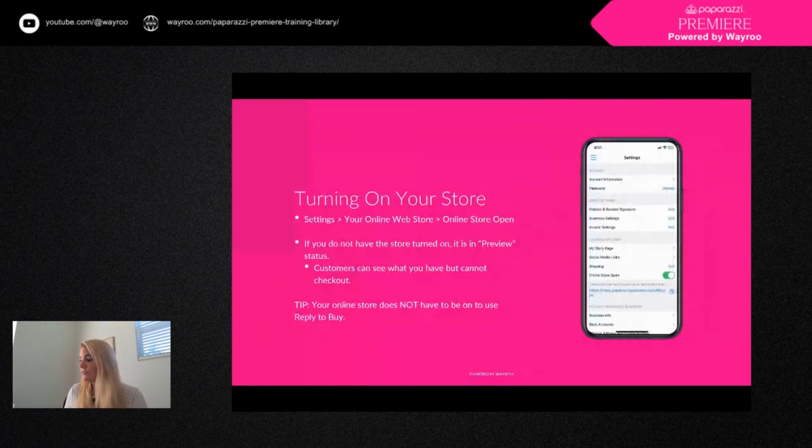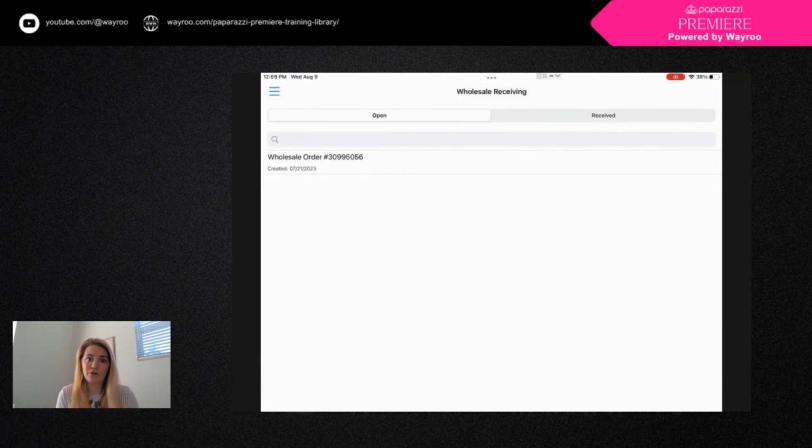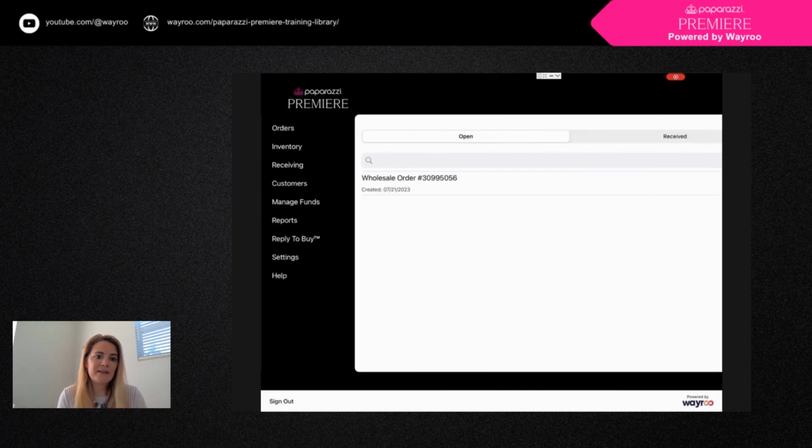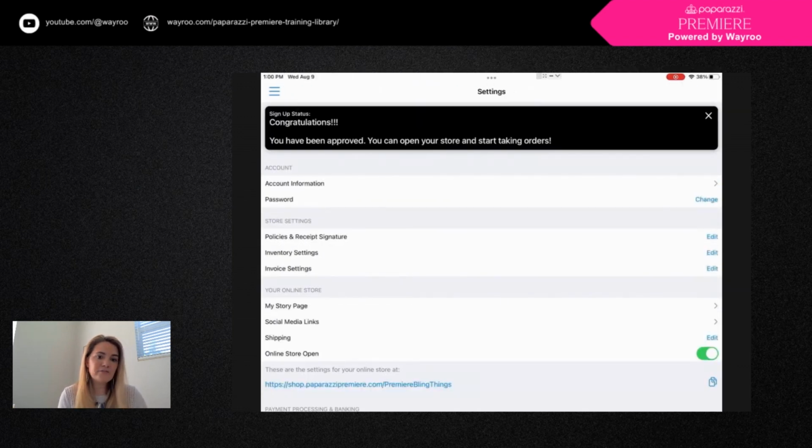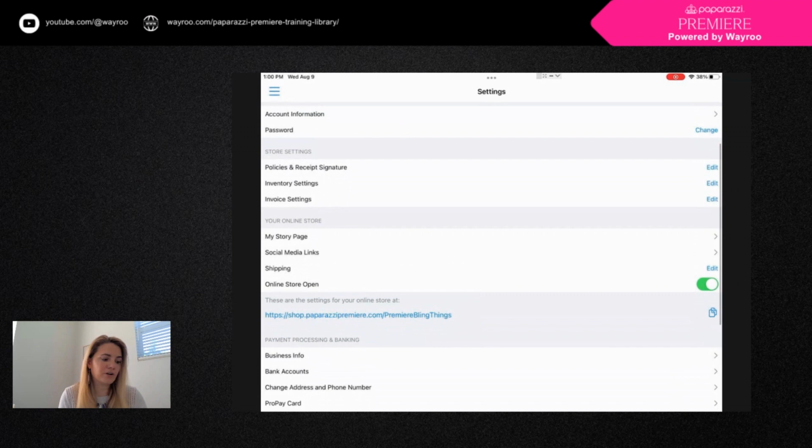So let's switch to the app and I'm going to show you how you turn on your store. This is my Premier app, and I'm going to go to the top left corner, where you see 3 lines. I call that the hamburger button or the main menu, and we're going to click on that. And I'm going to go all the way down to settings. These are all settings that through various trainings you can follow and learn about what they all do. But your online store is this link down here,